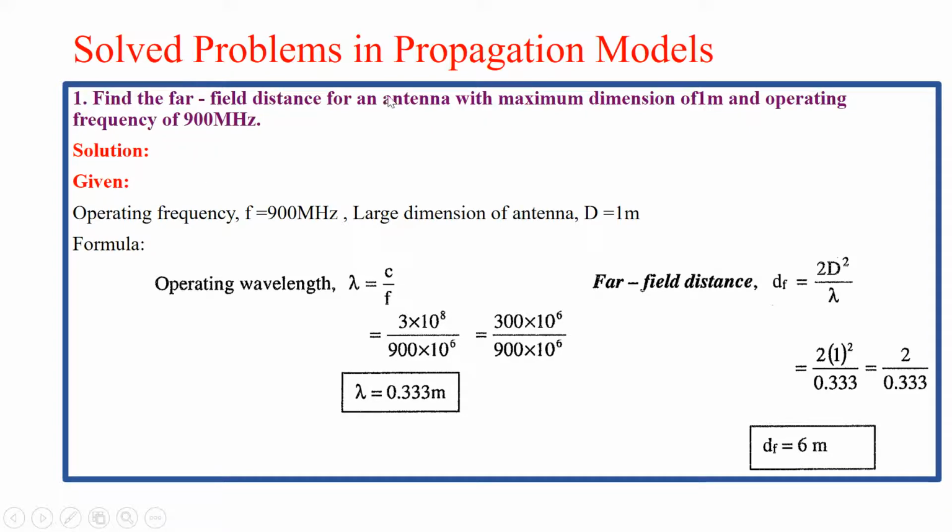So it's a very important sum. It has been asked in various Anna University question papers. Just make a note of it. What have we found? We have found the far field distance by using the formula 2d squared by lambda. D is given in the sum itself. I don't know lambda, so I found it using c by f. I substituted it and got my answer to be 6.